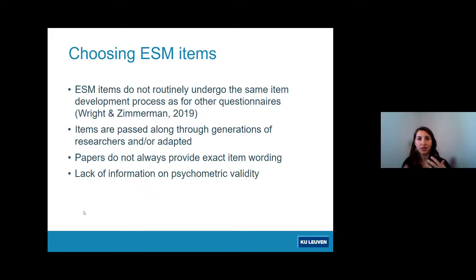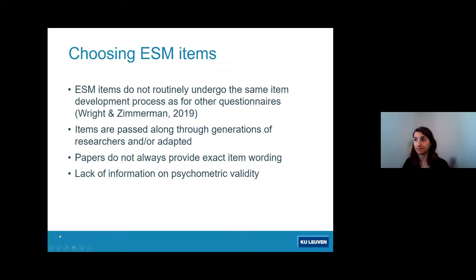And when you think about that, and when you come to ESM from another type of research background, that does seem quite eye-opening. Papers don't always provide the exact item wording, or often, because we generate such large data sets with ESM, it's sometimes the case that we are only using a small number of the items or variables from a whole study for one particular paper. And actually the context of the full ESM questionnaire is sometimes quite important when thinking about factors like participant burden